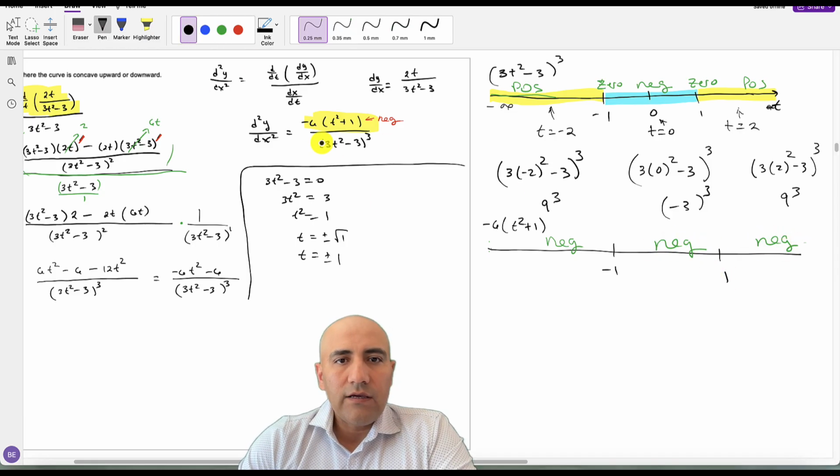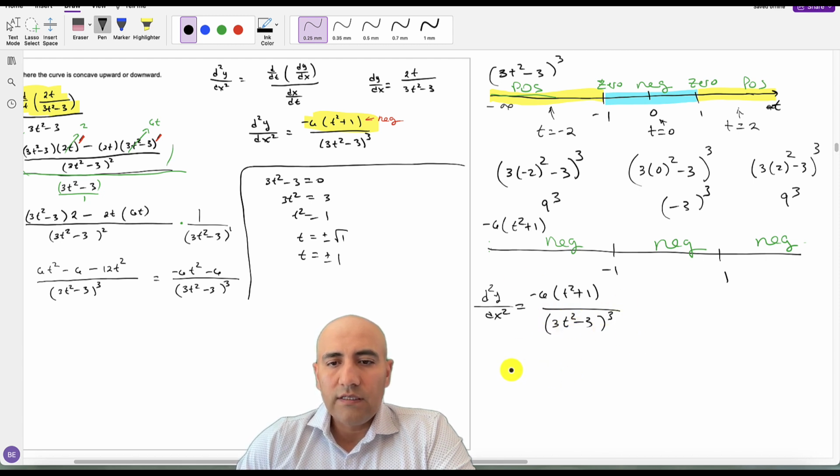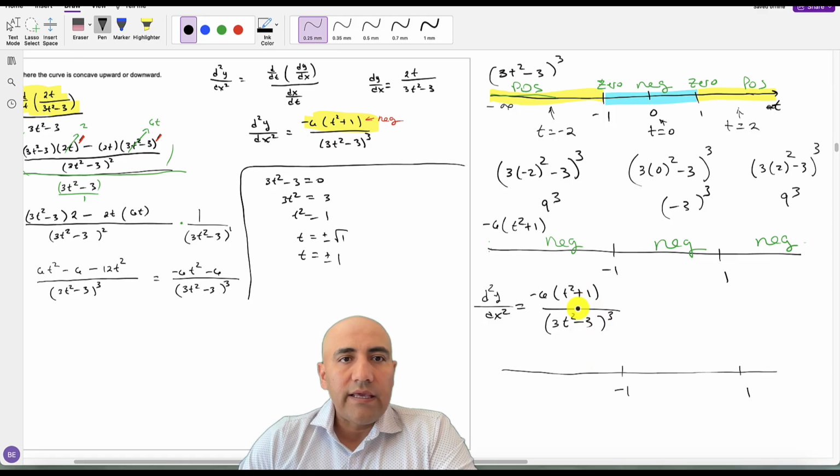So now, finally, when we think about the division of the two, we have that the second derivative d²y/dx² is equal to minus 6(t² + 1) divided by (3t² - 3) raised to the power of 3. So now this derivative is equal to the following number line. We have negative 1 and 1. So these are two places where the denominator is 0. Okay, so we're just looking for signs here, so that's not going to be important. But in this zone,